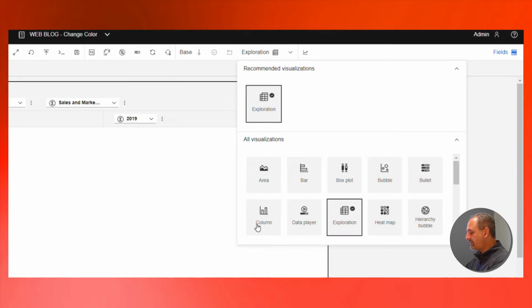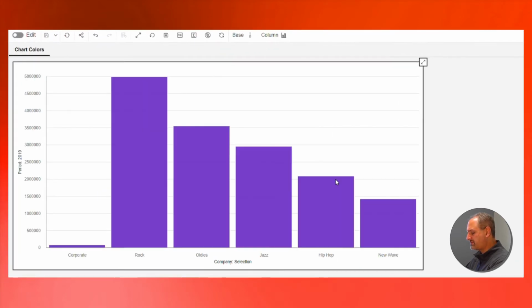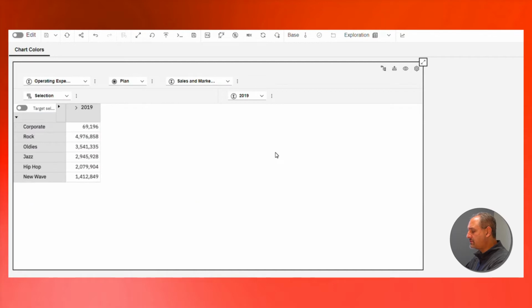I'm going to choose a different visualization. For this example, I'm just going to choose columns. So I change it to columns and my data changes to a column chart. Pretty straightforward. So I'm going to go back to an exploration, but this time I'm going to manipulate it a